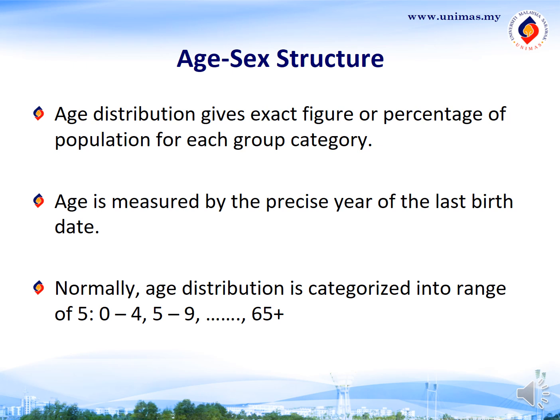In terms of age distribution, it gives the exact figure or the percentage of population for each group category. For example, those who are aged between 1 to 10, 11 to 20, and so on and so forth. And age is also measured by the precise year of the last birth date. In other words, we look at not just the year of birth, but the date of birth. That's how you count. And normally age distribution is categorized into a range of 5